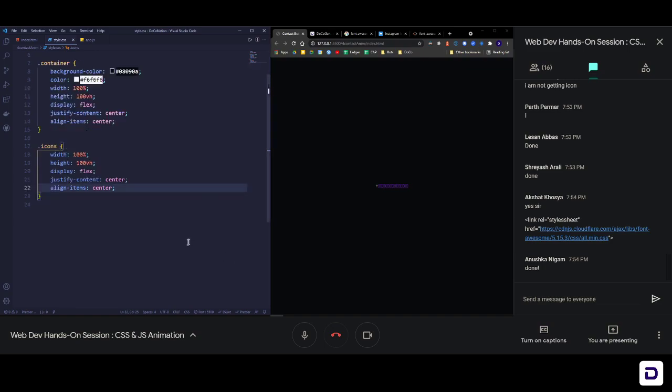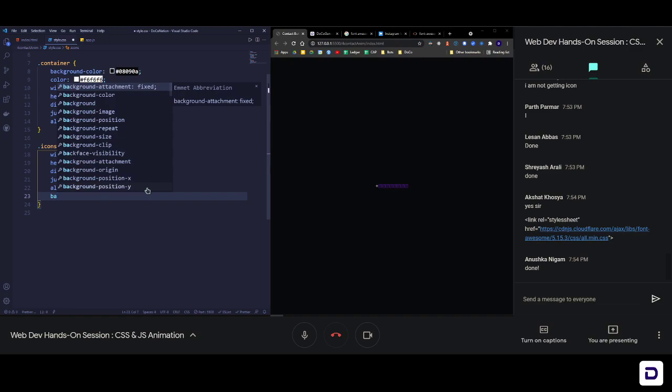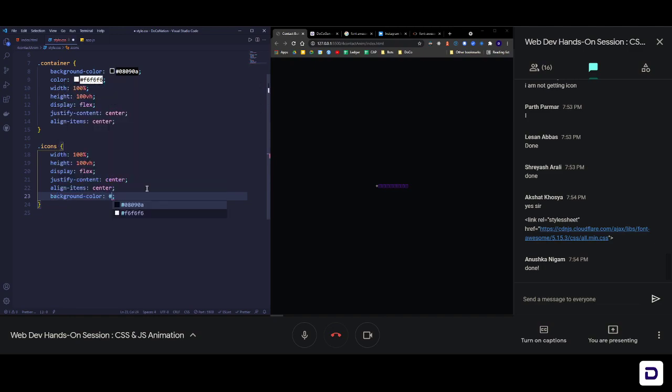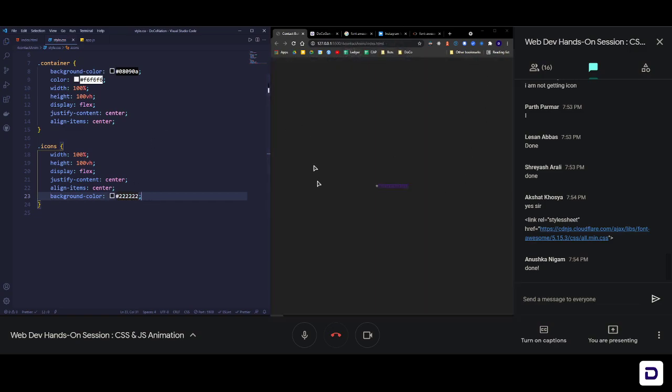Now I'm going to change the background color so that we can actually notice how it looks. The gray color we are using here is hash 6 times 2. If I save it, you'll see that now everything became this.